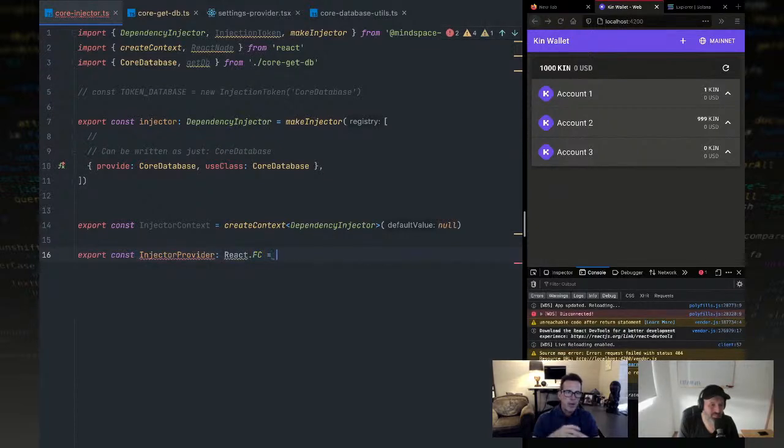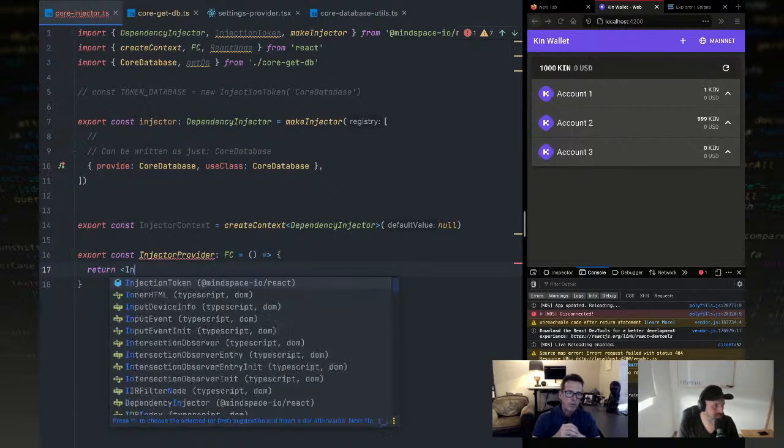And this is a type of dependency injector. So angle brackets after FC. Actually, this would define the props. So just say react.fc. Okay, you could do it that way. And now there are no props, so we're not worried about props coming in here. And this is going to return